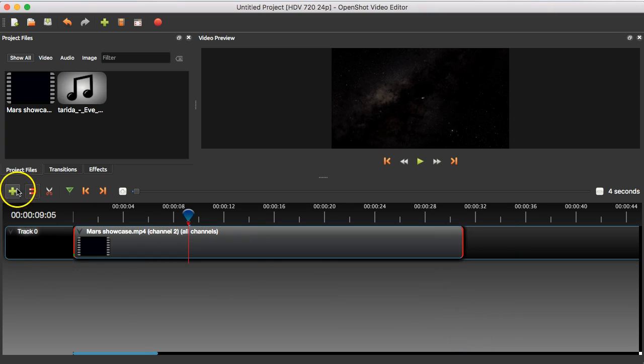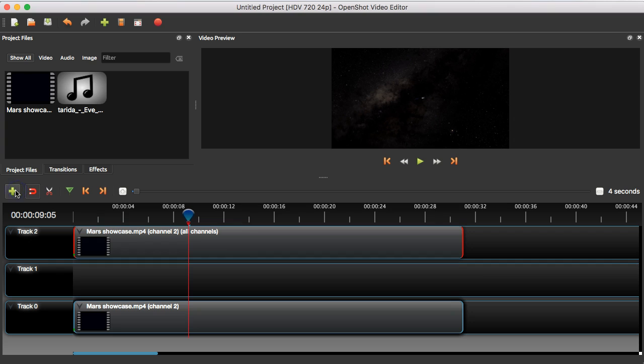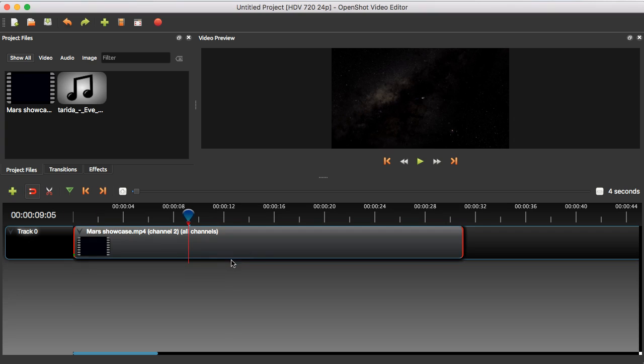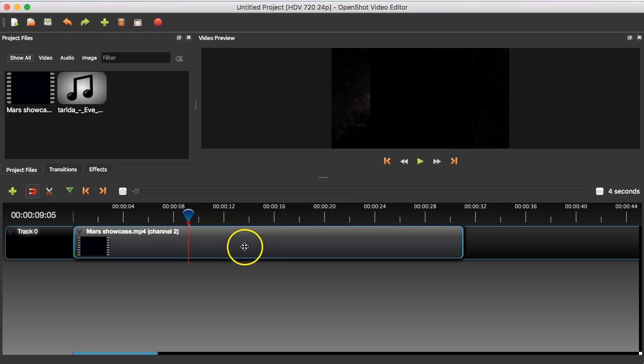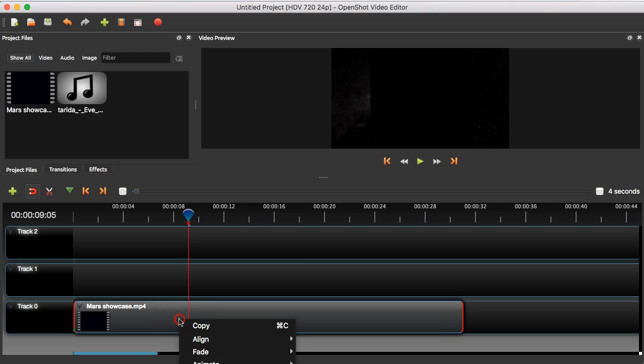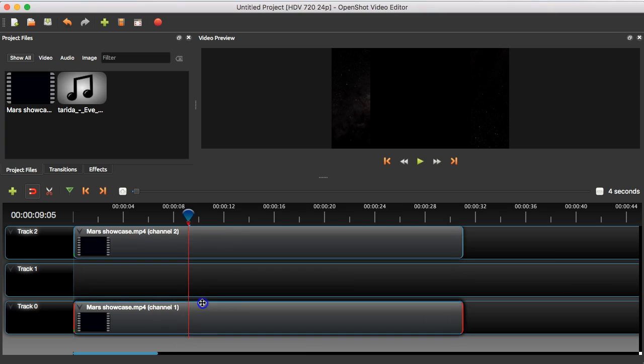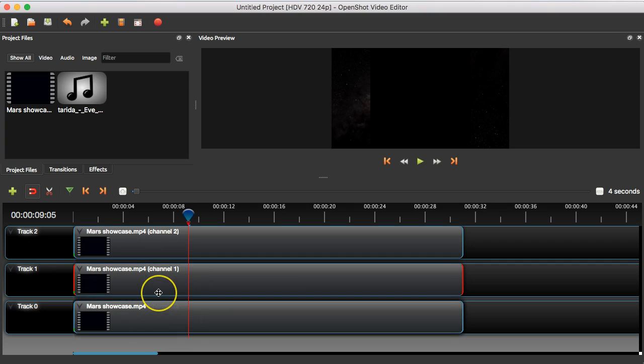Let me see if I add a new track. Will that allow me to do it? So I'm just doing edit undo to get it back to the original. Then I'll add these tracks and see if anything happens with this. Separate audio into each channel by itself. Okay, so it hasn't worked, but anyway, we can see there,